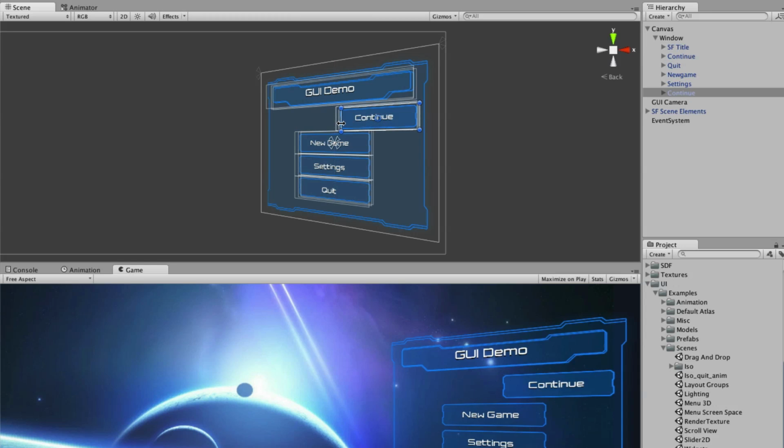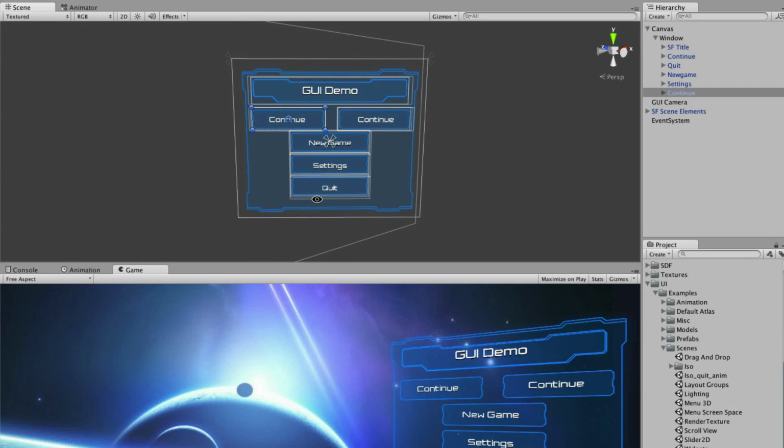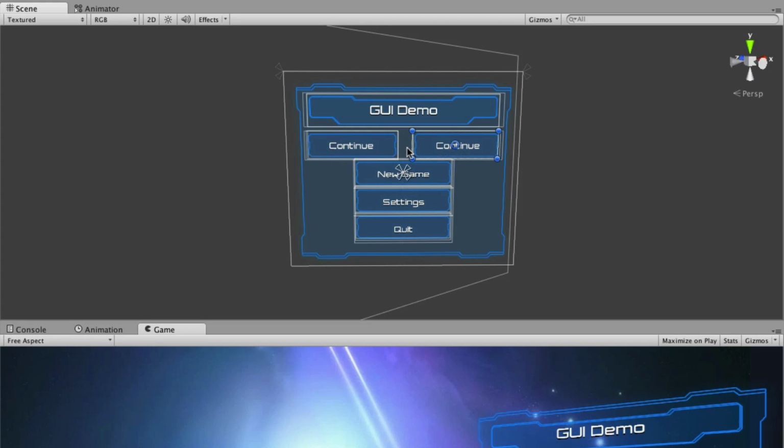So we duplicate it, place it next to it, and now we want the buttons to keep the same offset to the sides and also keep the same gap in the middle, but otherwise stretch. So we take the anchor of the left button and take the left side of the anchor and place it all the way over to the left side of the parent. But the right side we keep in the middle because we want the right side to have a fixed offset